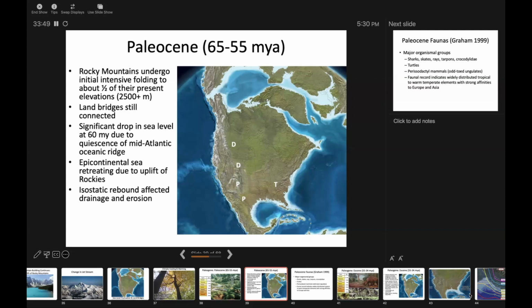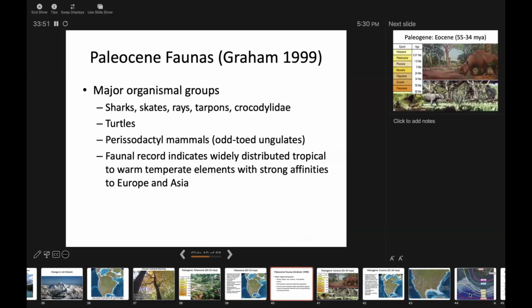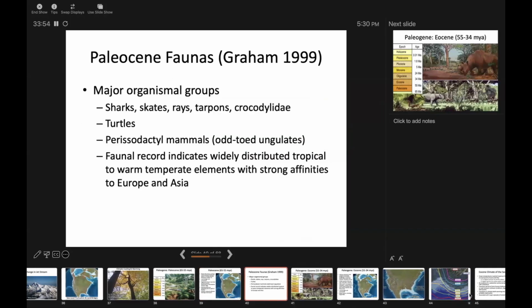All right, let's go next. Let's talk about what are some of the major animal groups of the Paleocene. We've got things like sharks, skates, rays, a variety of types of marine organisms. Again, these are primarily things that are coming from southeastern fossil sites that are from the Paleocene. You know, parts of Alabama, Mississippi, West Tennessee. You got certain types of crocodilian relatives, turtles of various kinds, lots of different kinds of mammals, particularly the perissodactyl